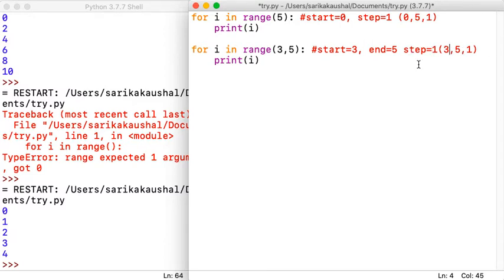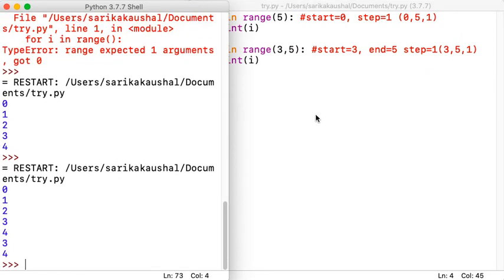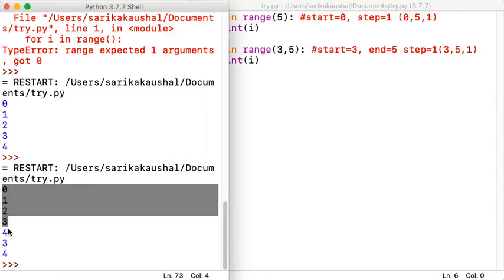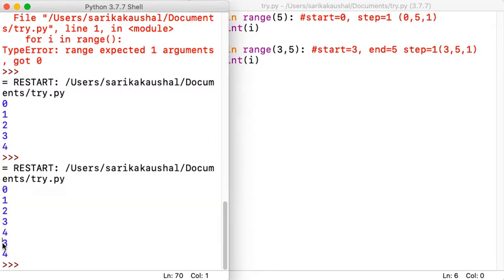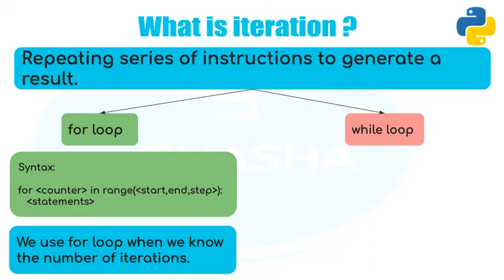So if I try to execute my program, you will be able to see, dekho bache, this part is the beginning part. So this one is 0, 1, 2, 3, 4, and something else. That means the answer for the second for loop is 3 and 4, and that's how it is going to get executed. So I hope you've understood what I'm trying to tell you. But we're going to do these examples again in just a while.